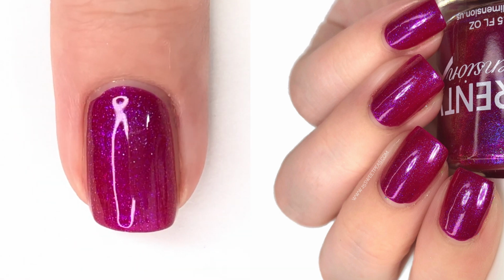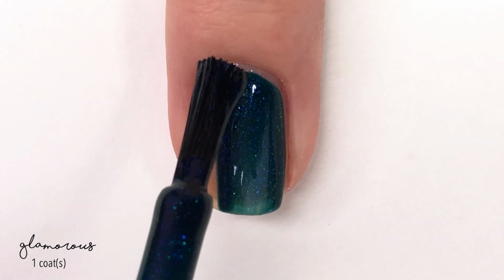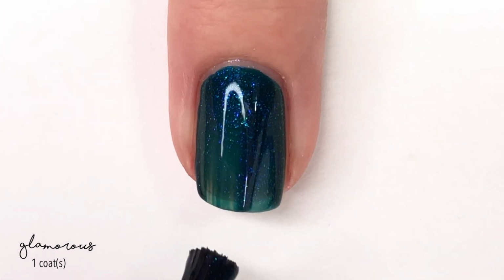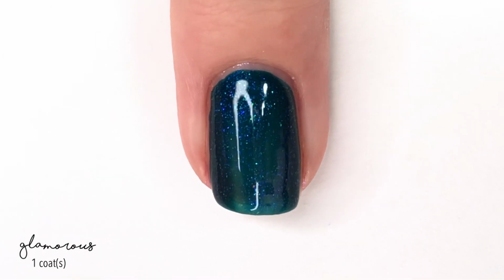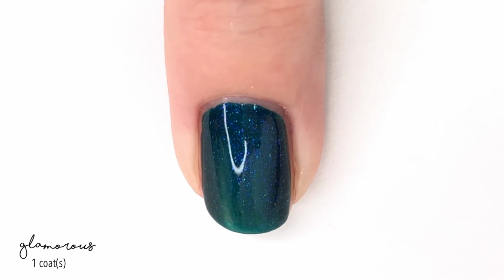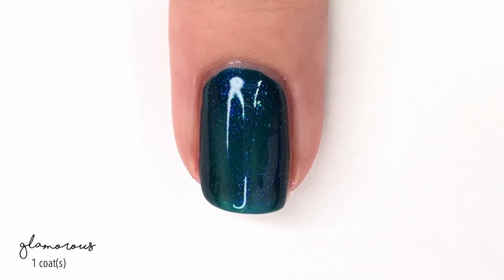Now we have a polish called Glamorous, and this is like a dark teal with a cobalt blue and a magenta shimmer running throughout it, and it's just the perfect combination of colors. It is so lovely. As you can see here, one coat covers really well. I can see through in parts, so that second coat is a must, but it's just an absolutely gorgeous shade